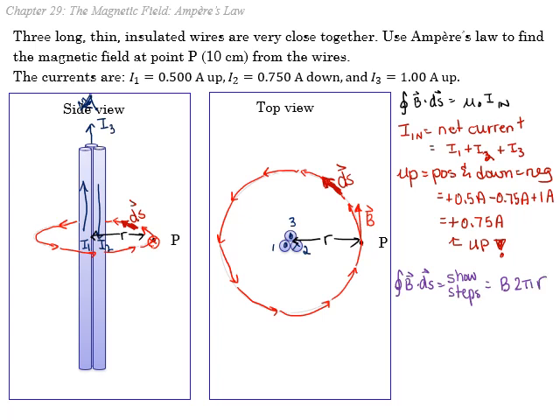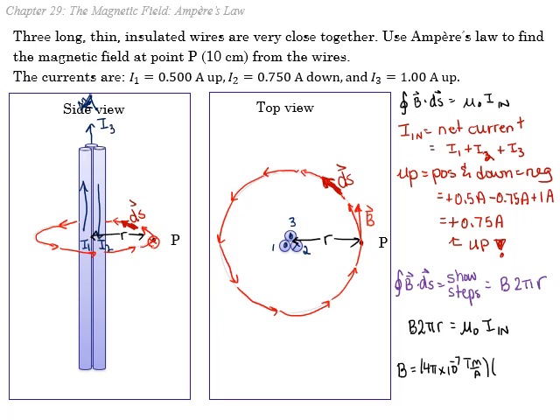So now we'll solve for our magnetic field. B times 2 pi r, that's the integral of B dot ds, is equal to mu naught times the net current inside, which we found was 0.75 amps. So we can solve for our magnetic field. It's mu naught. Why don't we just fill in the value for mu naught here? So that's 4 pi times 10 to the minus 7 Teslas times meters over amps